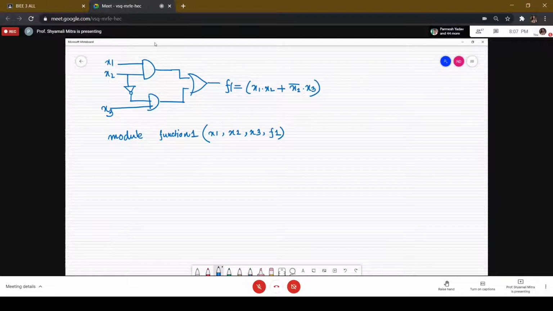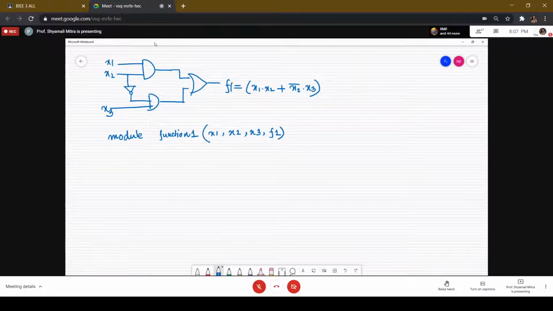So the port name particularly specifies the input and the output connections. So this particular function f1 is a 4-port signal. 4-port means it has 3 input ports and there is only 1 output port. So it is a 4-port signal.